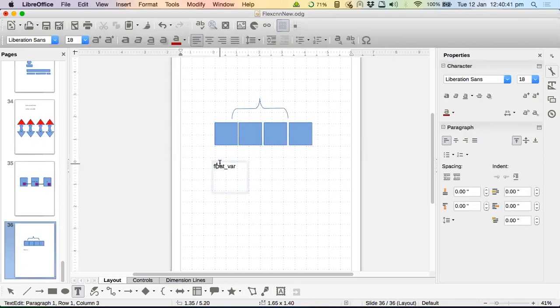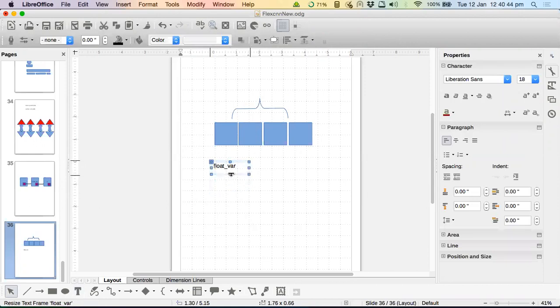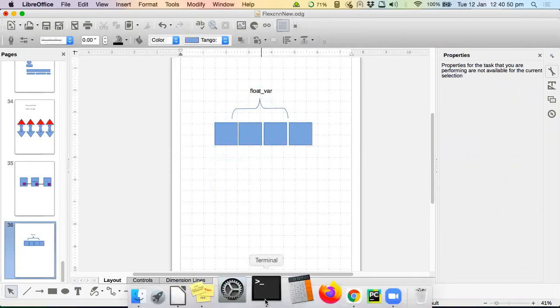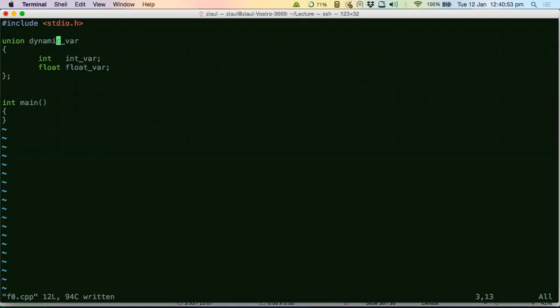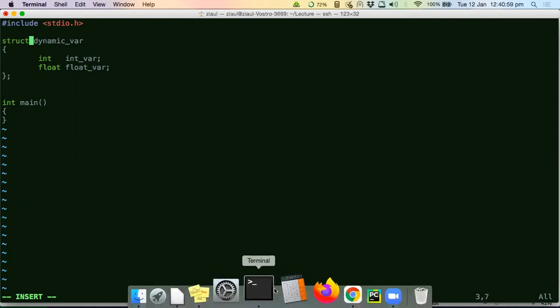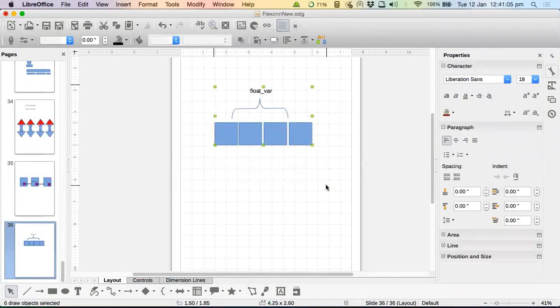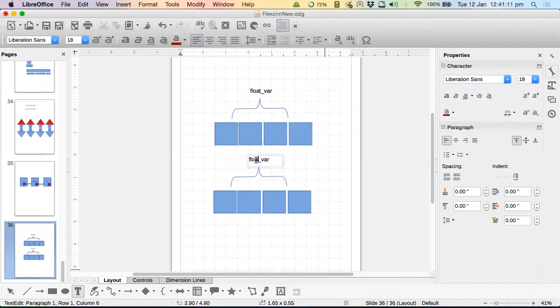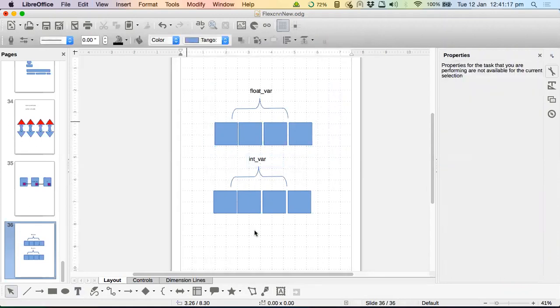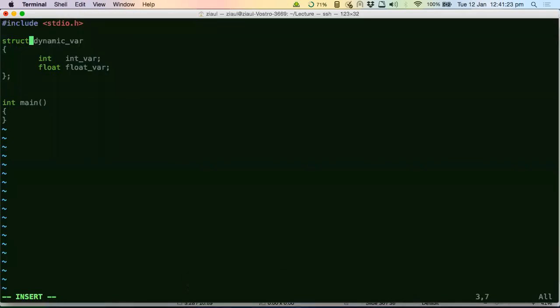Now instead, if it would have been a struct, the memory layout would have looked like this: you would have 4 more bytes after this, and these 4 bytes would have stored int var. So 4 for float and 4 for int, because I have 2 member variables, int and float.